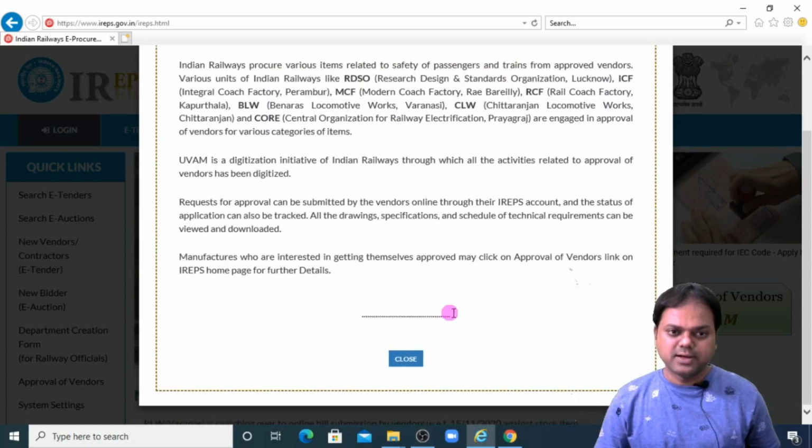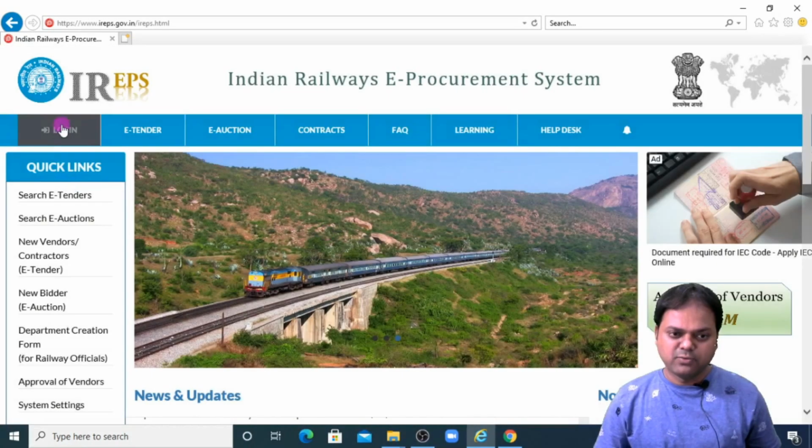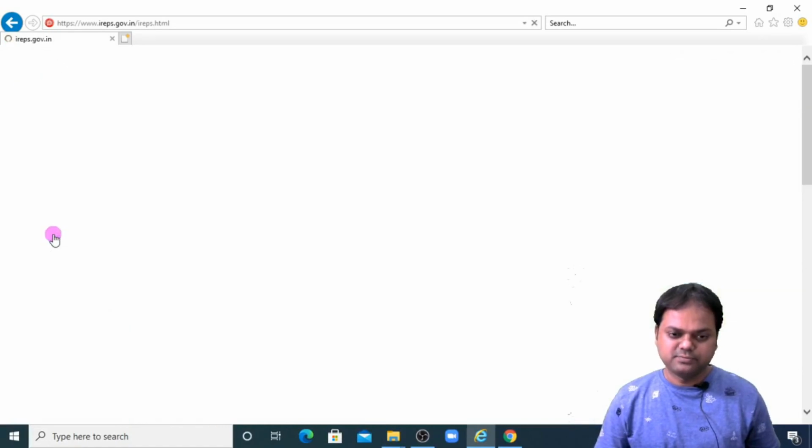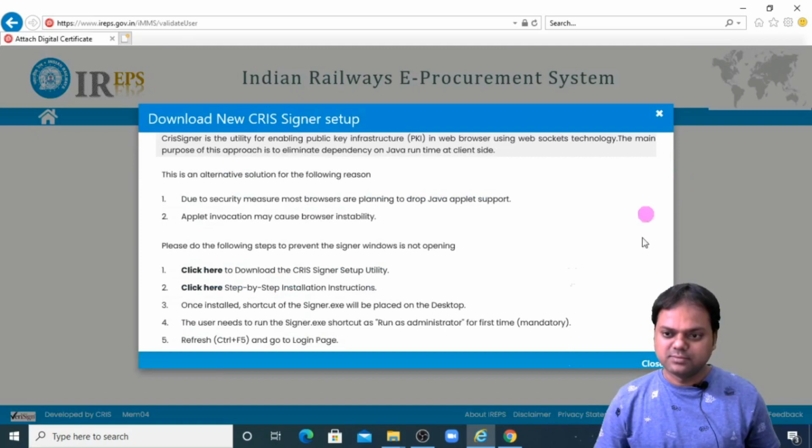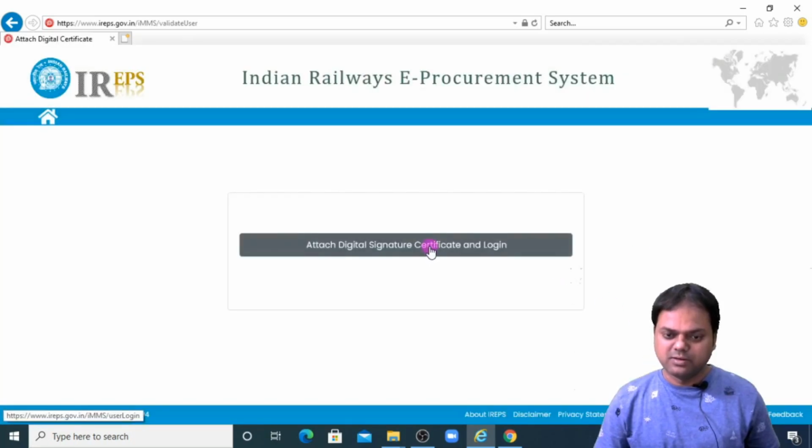See, this is the IREPS page from where you need to log in as usual. My user ID and password are already filled. Now you need to select your DSC.